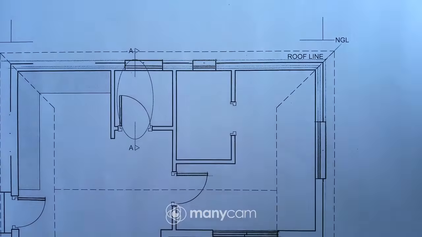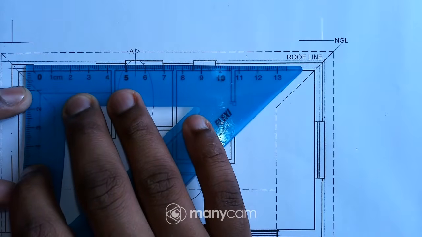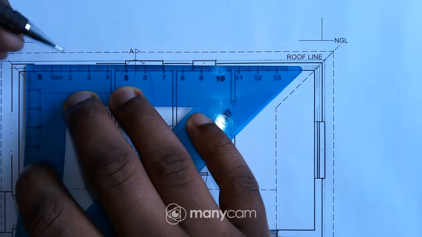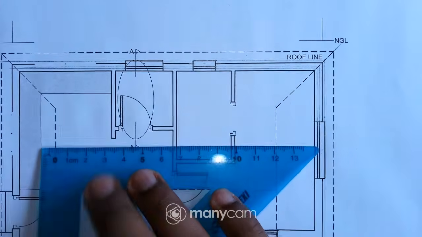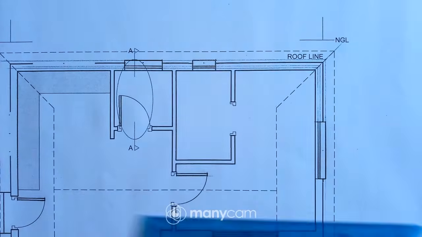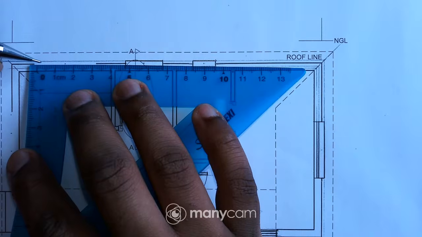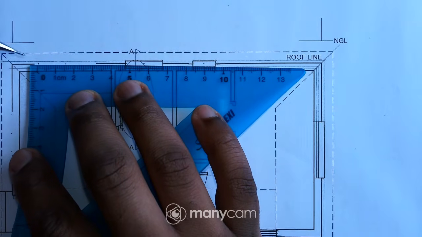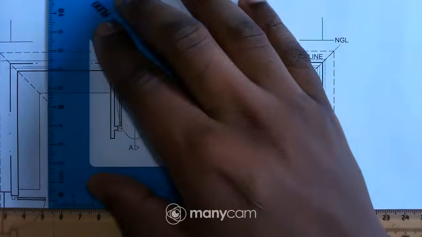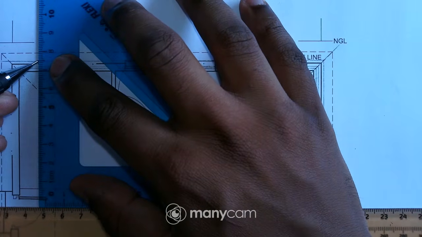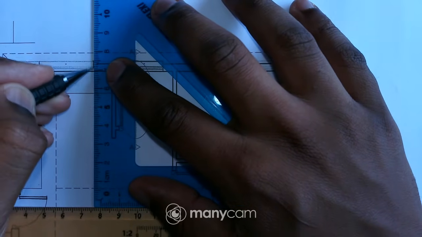Okay, so now I'll just measure this gap there. This gap is 34. So half of 34 is 17. So I'll just mark off the center point right there. Okay, from that center point, remember the length of the window is 30. So I'll mark off 15 to the left and 15 to the right. Okay, and then from there I can just draw 2 lines from those 2 points like that,